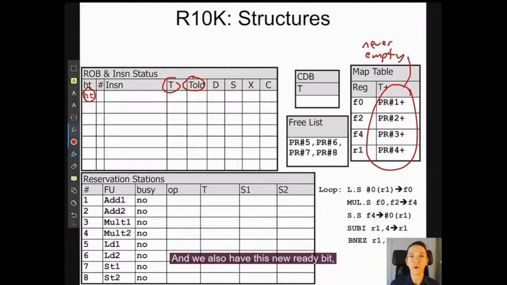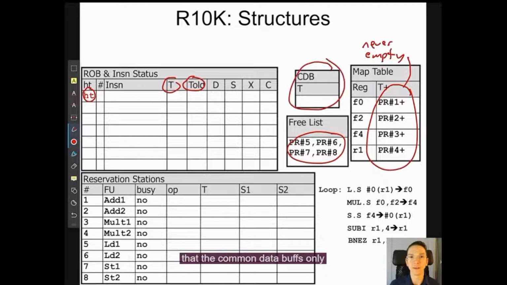And we also have this new ready bit, the plus symbol there, which indicates whether the instruction that will write to this register name has actually finished its execution, whether it has completed. When an instruction dispatches that actually has an output register, we'll need to update the map table, requiring some entry from the free list over here. We have 8 total physical registers available in our physical register file, and we have 4 registers initially available to be allocated. Another interesting change is that the common data bus